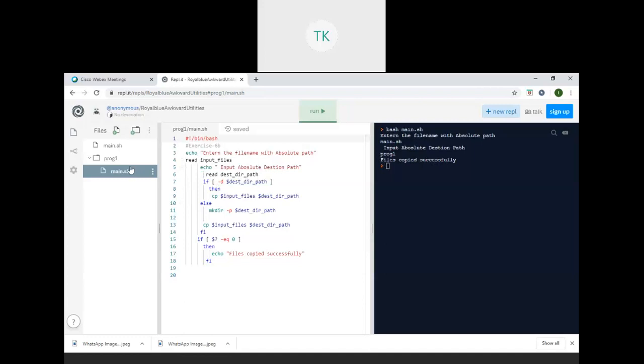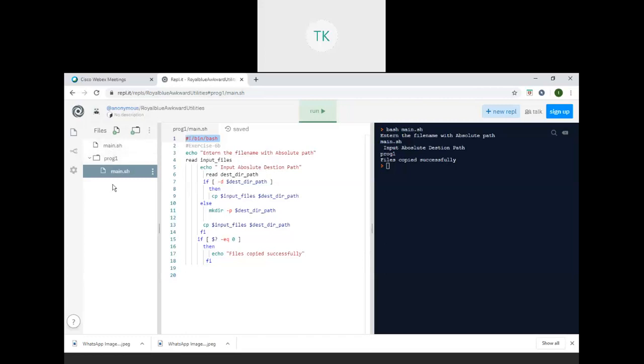Any file, right? I can create a file, and at the same time I can copy the source file to the destination file. Here let me see once again. Here the first line we call the interpreter designated line. Here the second line: enter the file name with an absolute path name. I'm not giving an absolute path. You try to understand here.